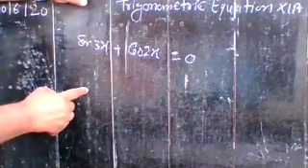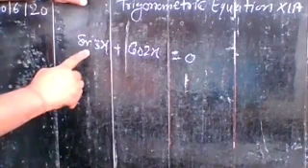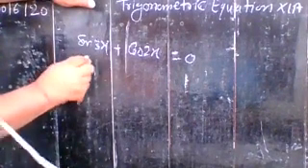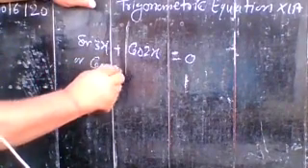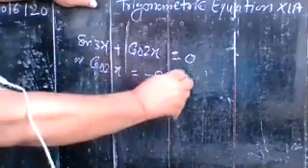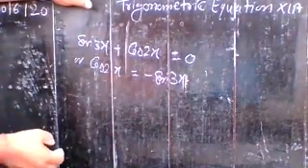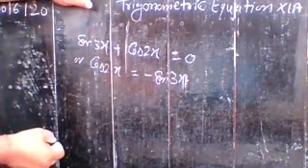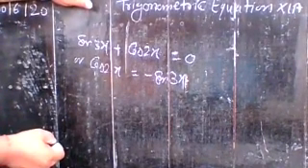So here what you do, sine 3x is to be transferred to the right side. So cos 2x is equal to minus sine 3x. You write in this way, minus sine 3x. And then